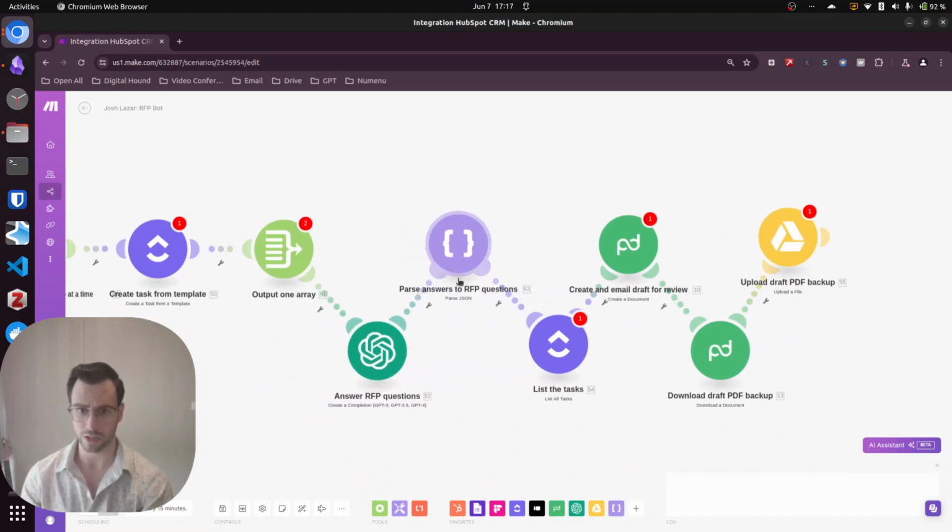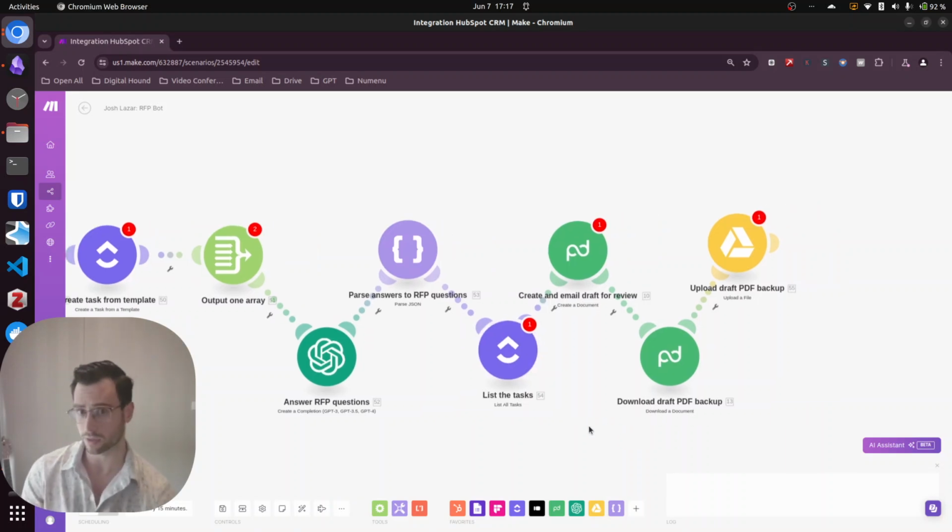We're going to parse that information again from ChatGPT. We're going to list all of the tasks that we now created within this space, and then this is a system I've used many times. We're going to use a template document within PandaDocs. All the information will get pasted into variables within the system, so you basically choose where you want this information to go from ChatGPT and the rest of the system. We're going to download a backup of this PDF draft and upload it to Google Drive for redundancy. And then this document, once it's created, will get emailed to the creator, and you're able to make your